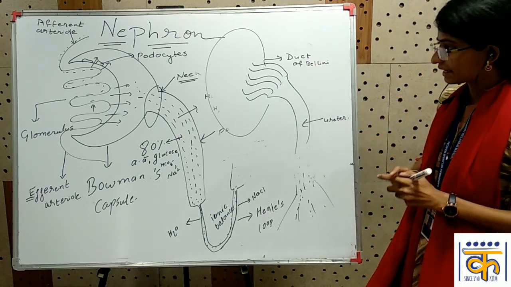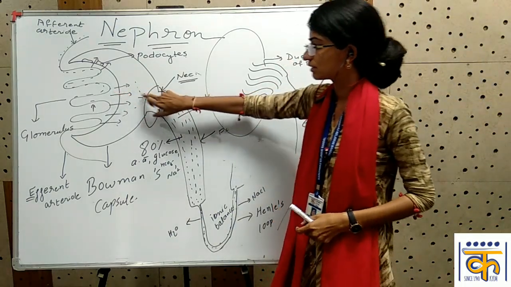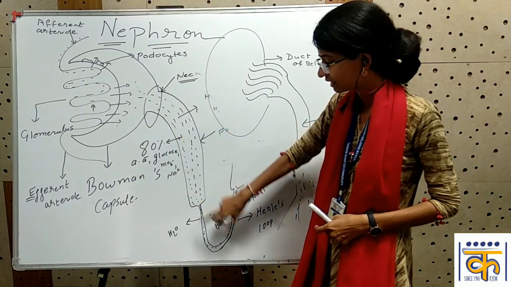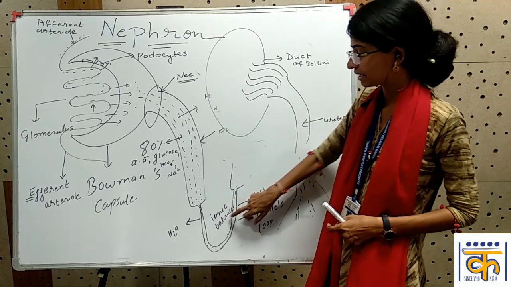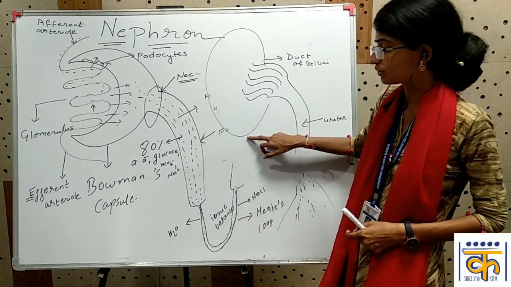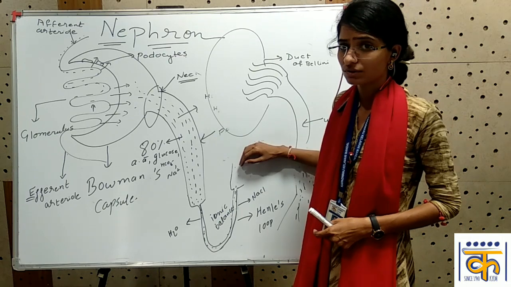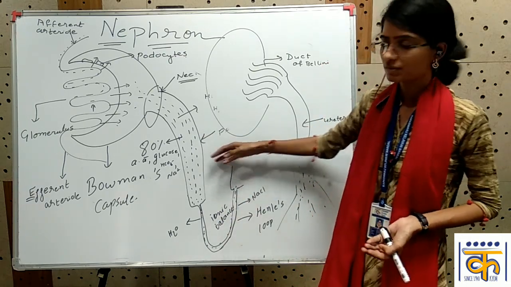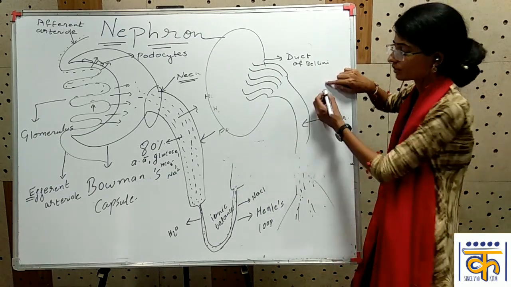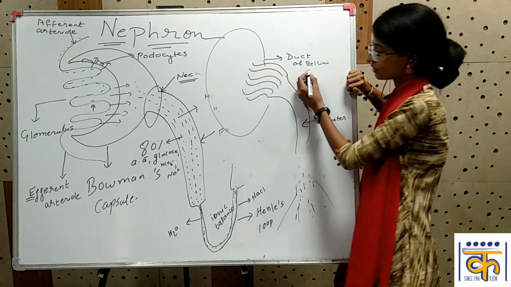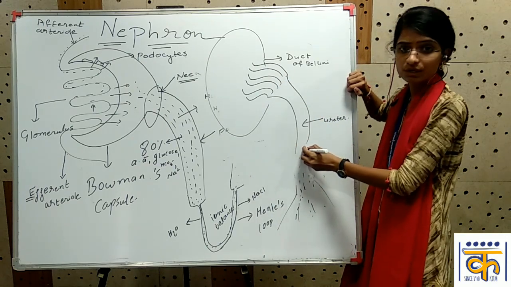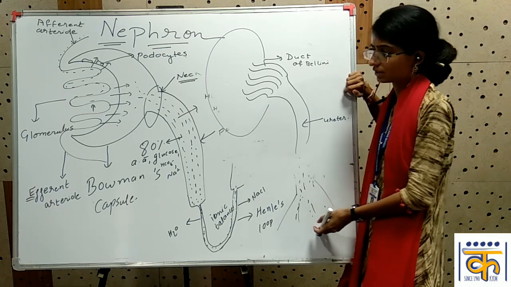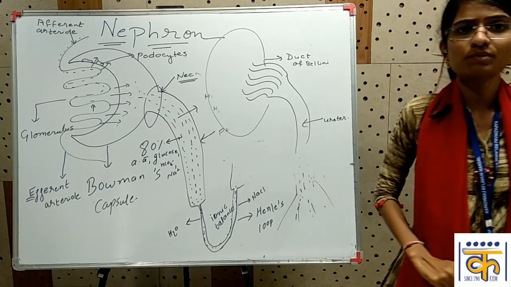So let's quickly recap. From the glomerulus, the filtrate enters the proximal tubule. 80% of the important components are reabsorbed here. In the loop of Henle, ionic balance is maintained. Then it enters the distal convoluted tubule, whereby again if any electrolyte or important component is missed in reabsorption, it is reabsorbed again. Then it enters the collecting duct. From the collecting duct, it enters into the duct of Bellini, which opens finally into the ureter. From the ureter, it will move to the bladder and will be ejected out through the urethra. So that is the overall process of how urine formation occurs.